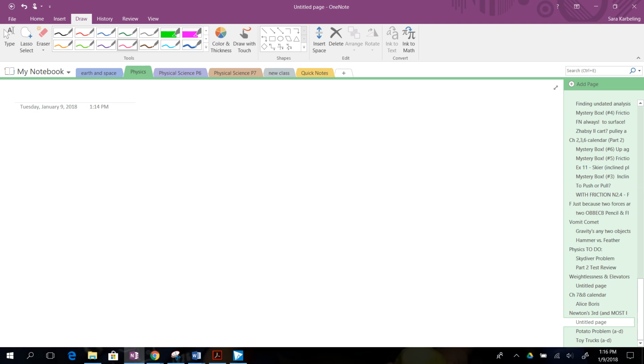Now, I didn't hammer this home yesterday, so I want to hammer it home today. How many objects are required for any force to happen? Two. Not even at least, because I always wanted to say that, right? At least. But it isn't. It's always exactly two. So let's write that down because that's important. For any force,